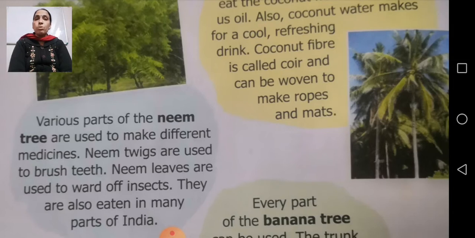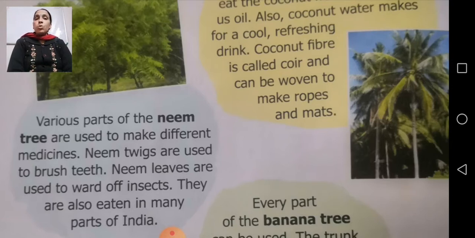So neem medicines are also used. Neem oil is also used to remove different microorganisms, different diseases, and different insects also. Even neem leaves, we keep them in rice, wheat, or whatever we want to store. If we keep these neem leaves in it, it will not be caught by any microorganism or insects. So that is again an important use of neem leaves. So that is a part of the neem tree.